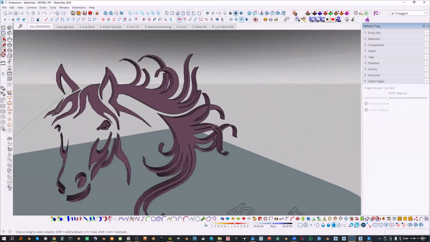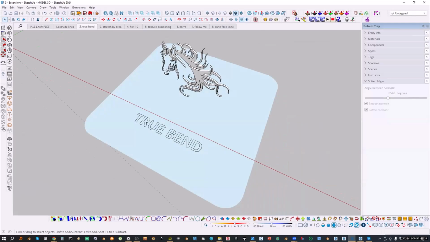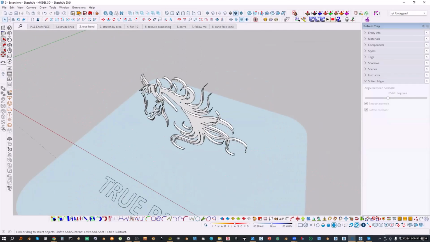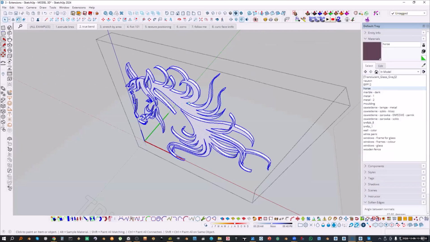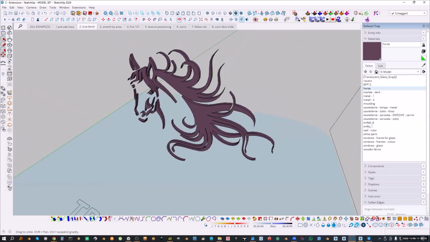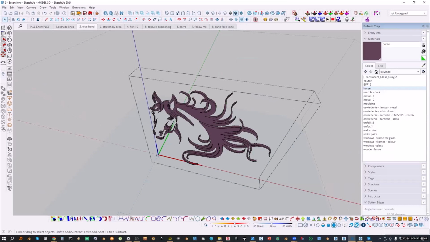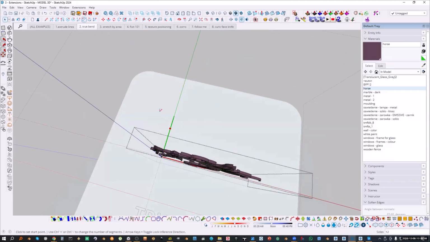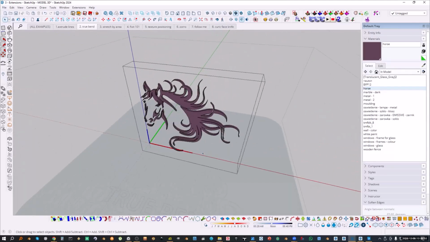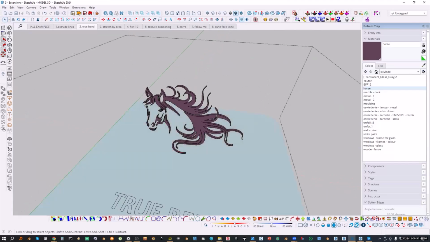So let's proceed. True Bend. We've already got that horse created. Maybe I'll paint that over again. True Bend is based on the red axis and the green axis. So you always want to make sure that if the stretching, the bending will be this way, the red axis is from left to right. So once we have that,